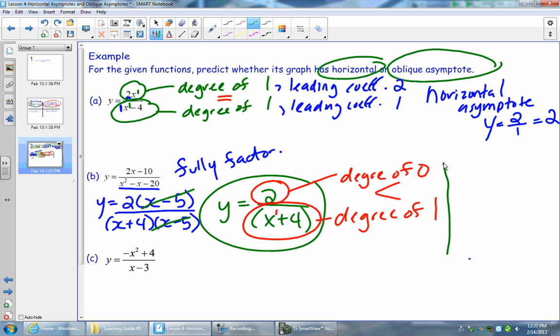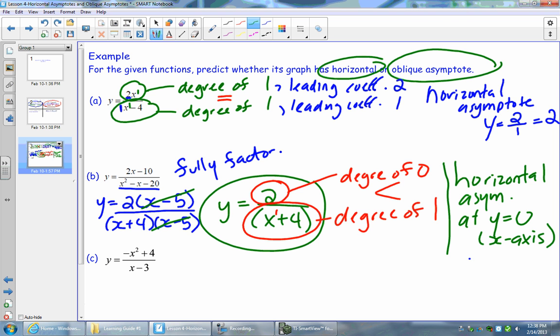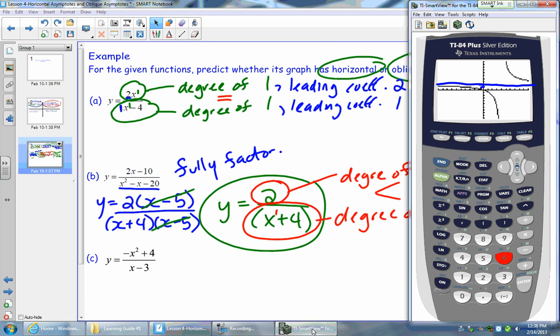We have a horizontal asymptote at y is equal to 0, which is also the x-axis. Okay, and also to verify that behavior, you can always stick it in your calculator. So get rid of whatever you had in there before, and you're going to stick in the original function, not the factored one. So sticking in the original function, we have 2x minus 10, close your brackets, divided by,